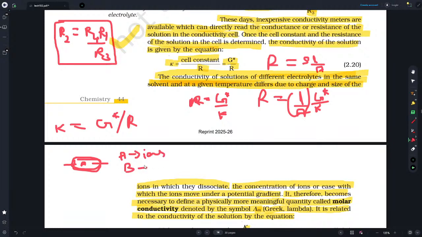In the first case, the first conductivity cell has A ions and the second conductivity cell has B ions in the solution. Both have different conductivity. This change in conductivity may be due to a difference in charge, or in the size of the ions in which they dissociate. It may be one, charge difference,